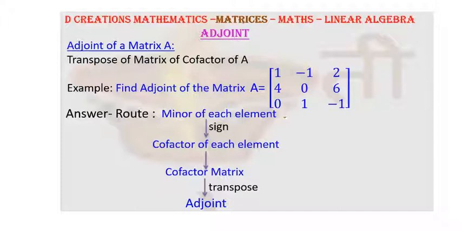So fine, this is about cofactor. Now, obviously, if you find the cofactor for each of these elements, you can formulate a cofactor matrix, this step. And then the last step is simply taking its transpose. I hope you remember what a transpose is. It is switching of rows and columns, right? So let's do an example so that you will understand this in more detail.